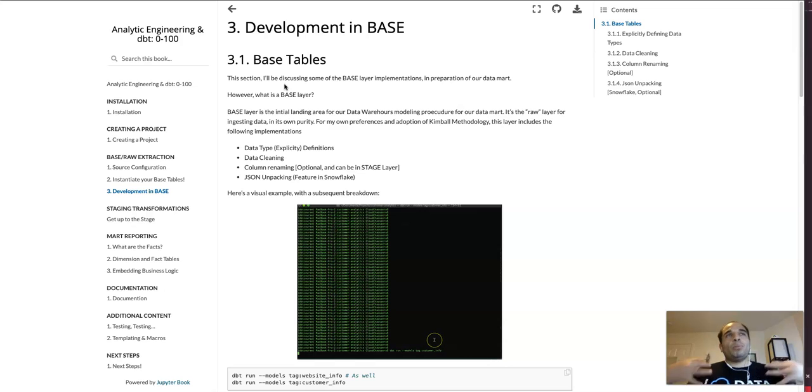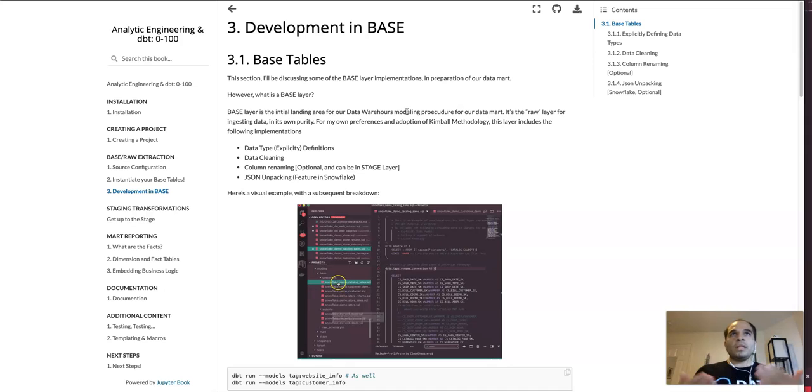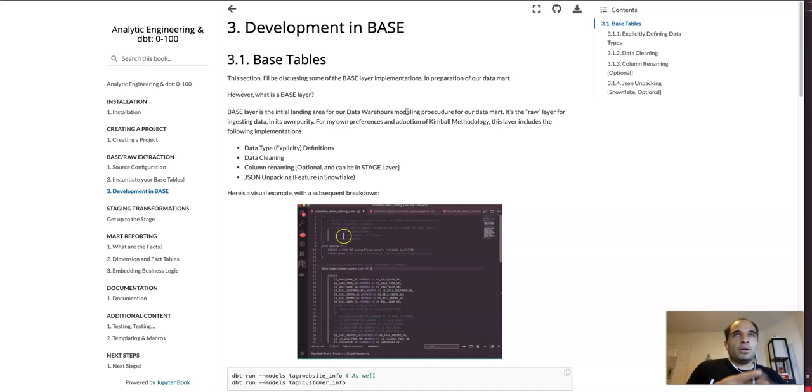For me, personally, the base layer is the initial landing area of our data warehouse. That's a typo, let's ignore that. The modeling procedure for our data mart. It's the raw layer for ingesting data in its own purity. For my own preferences, we'll be adopting the Kimball methodology of